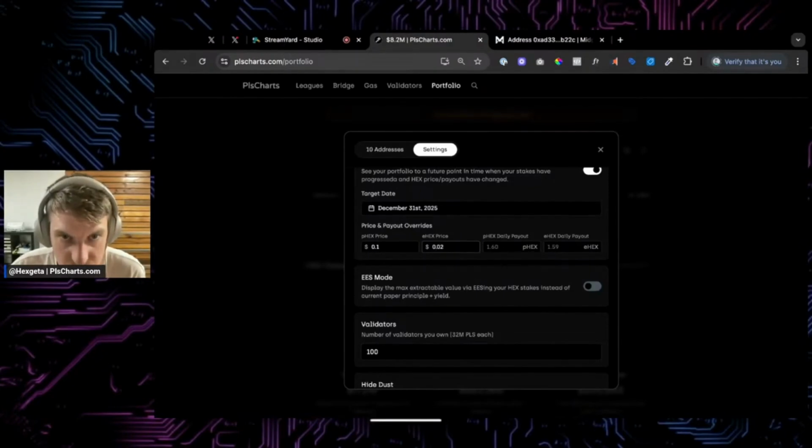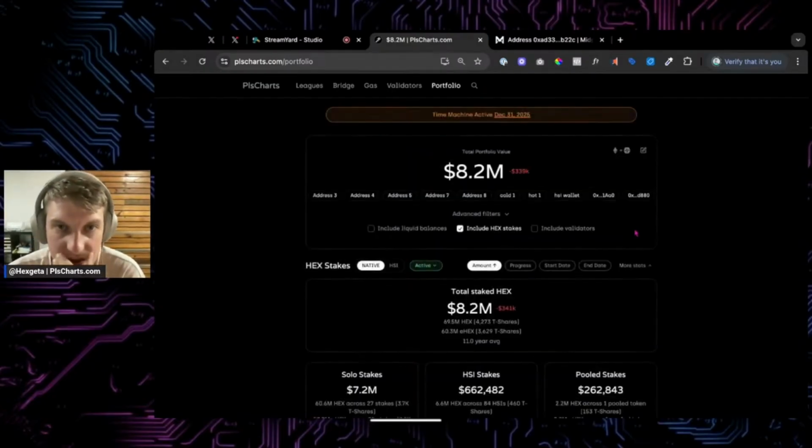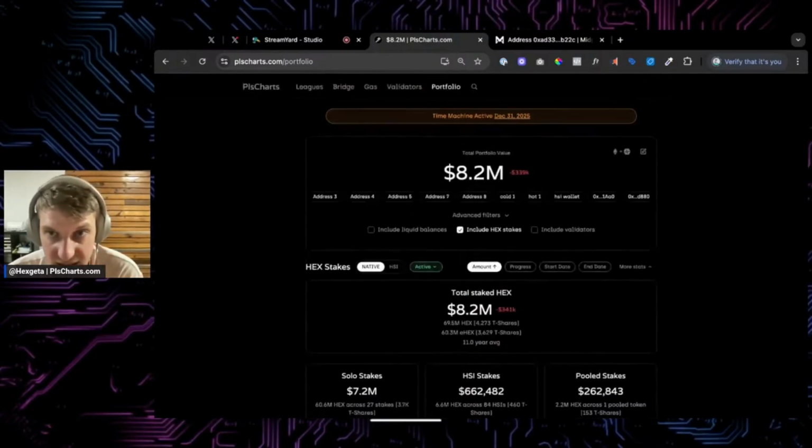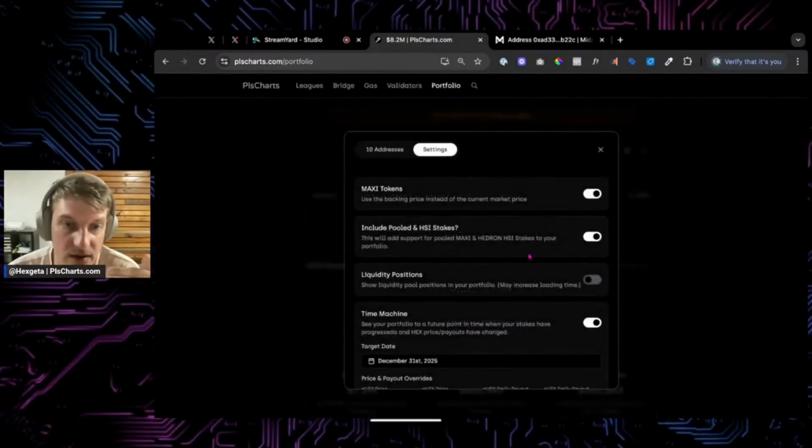A 2-cent EHEX price. Okay, does that sound fair? I think that sounds pretty conservative. 8.2 million just in the HEX stakes. So you're going to see, I mean, we were expecting that with the 10x increase, but now we can go in and adjust the date